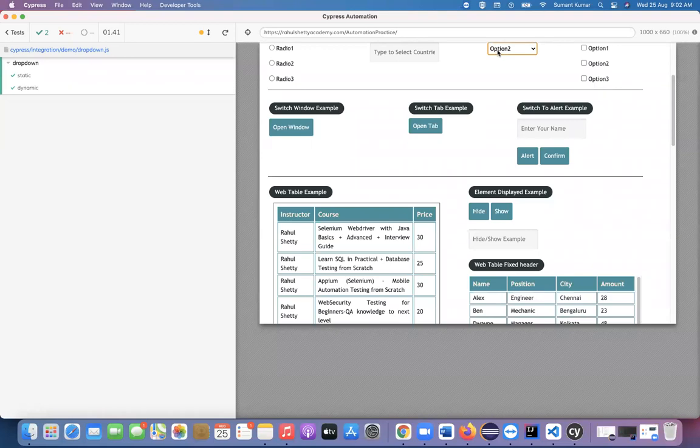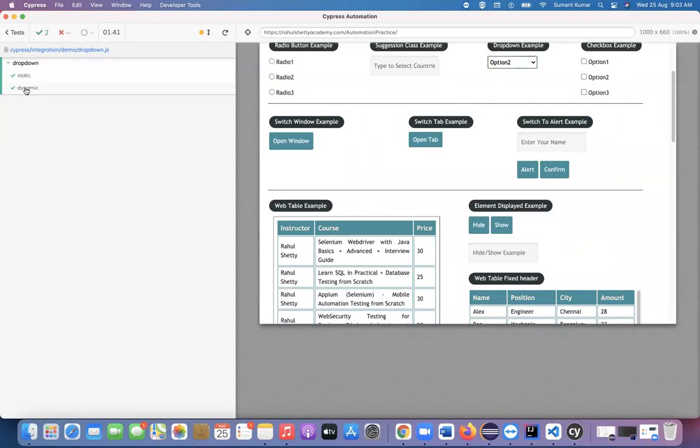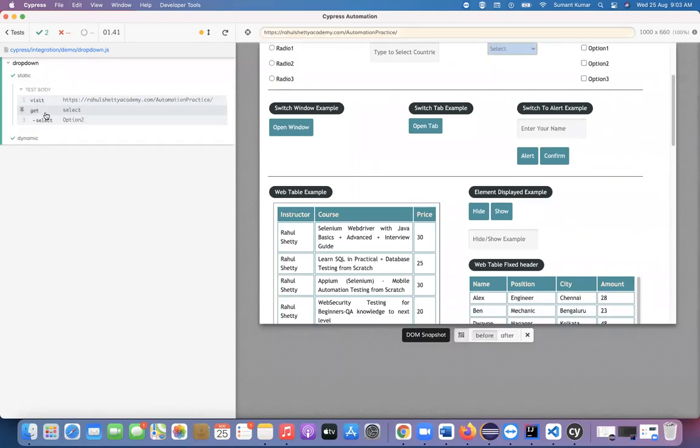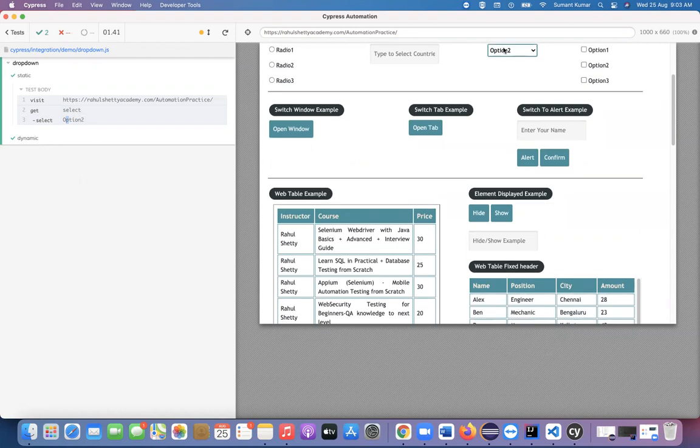You can see. If we go to this static test and there is one select option, here before and after are there. If you click before, you can see it highlighted this select drop down, and if you click after, option 2 is selected. You can see, correct? Got it, right?